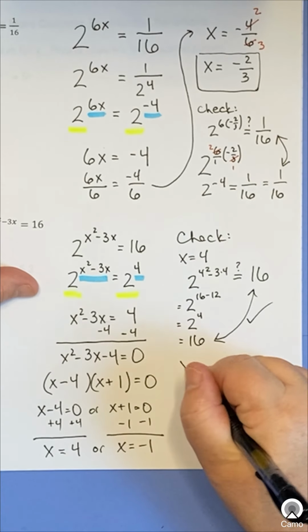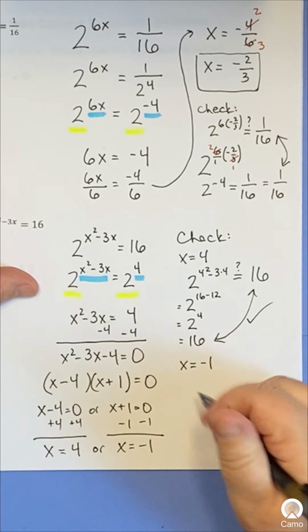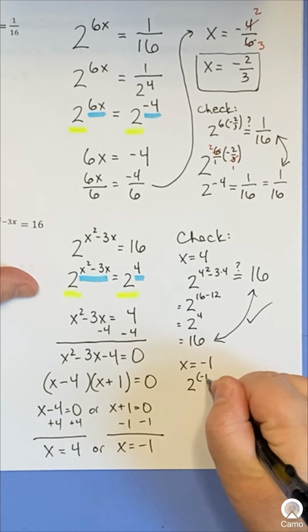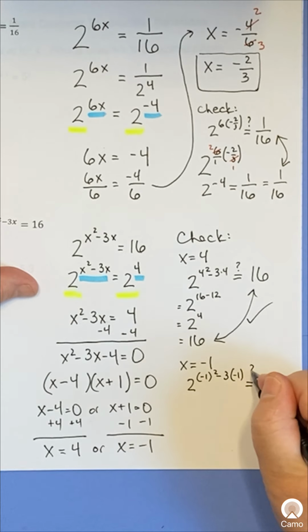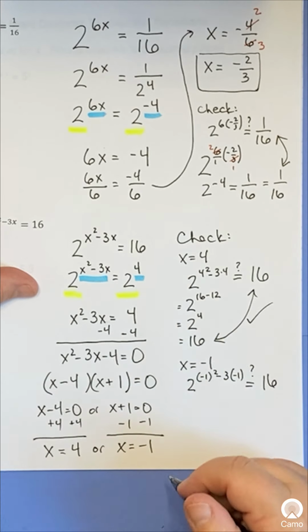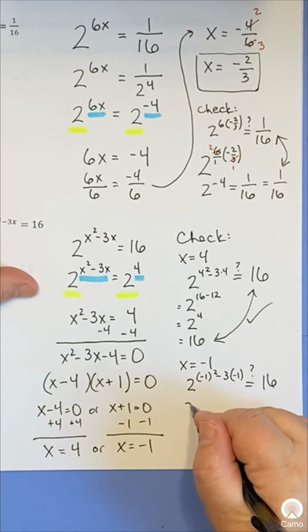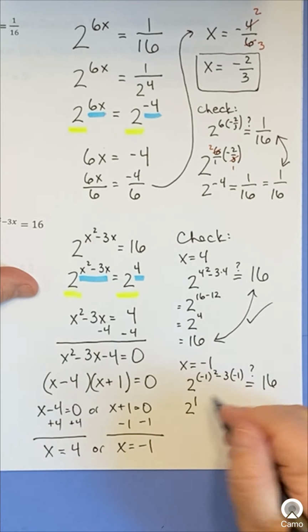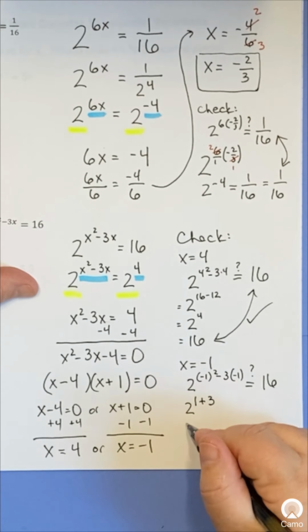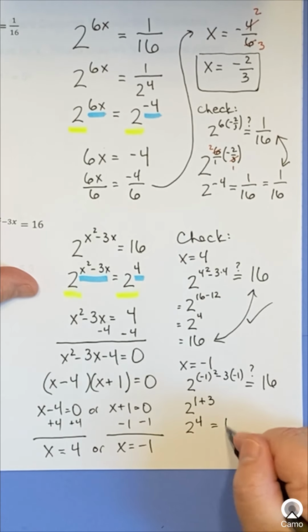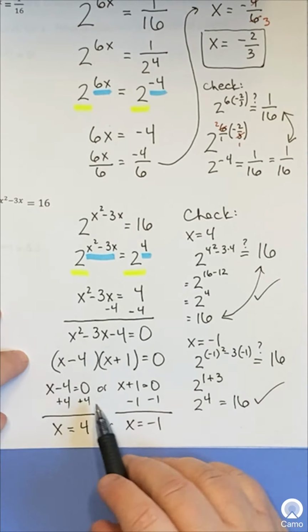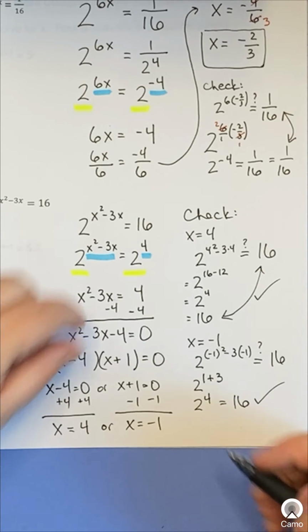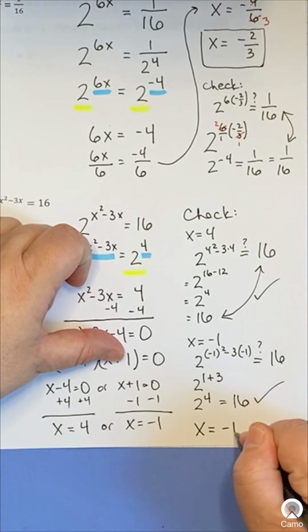Okay, let's try x equals -1. So 2 to the -1 squared minus 3 times -1. Does that equal 16? -1 squared is 1. -3 times -1 is +3. That's 2 to the 4th. We already know that equals 16. We did it! Yay! So now you can write your answer like this, or we could write the answer x equals -1 comma